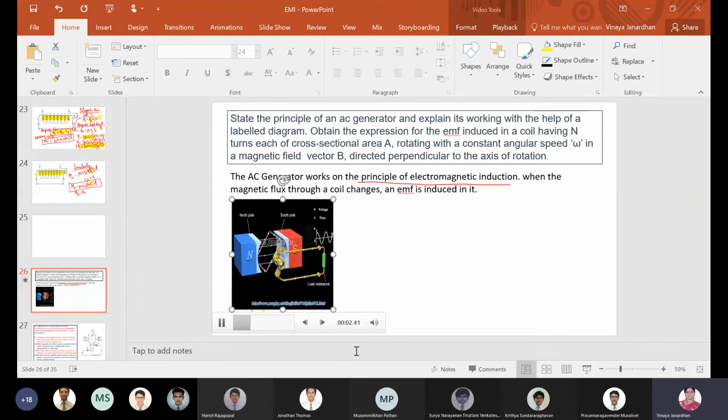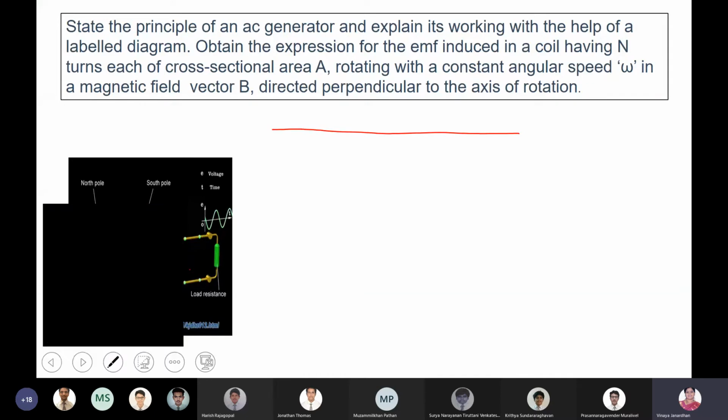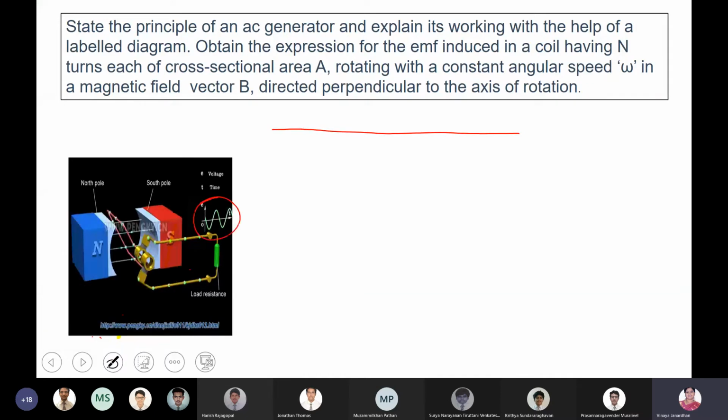Now you can see in this, a coil is rotating in a magnetic field. When the coil is rotating in a magnetic field, look at the current flowing through the coil. The current flowing through the coil is alternating in nature. This is the current. The current flowing in the coil keeps changing its direction periodically, and its magnitude is also going to change. Now, such current, we call them alternating current. So if you want to produce alternating current or alternating voltage, which we are generally using for all purposes, you have to rotate a coil in a magnetic field.